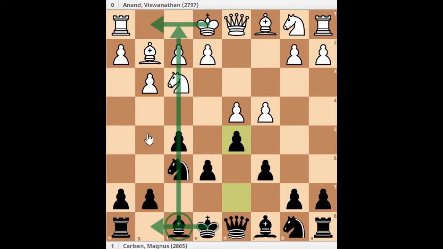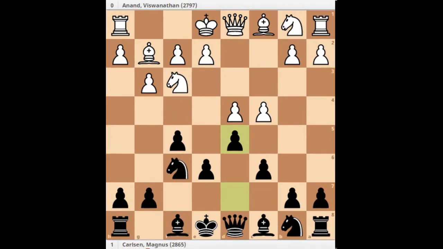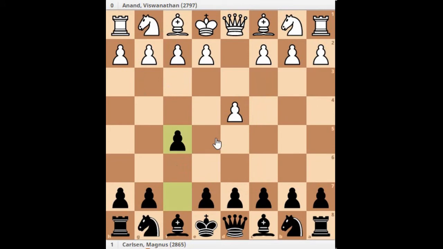But friends, before I move further with the game, I would like to show you there are two other variations available in the Dutch defense, that's classical and Leningrad Dutch. So from this position f5, let me show you how you play with the classical Dutch, and then I will come on to the Leningrad as well. Both are very similar, but with slight variations.